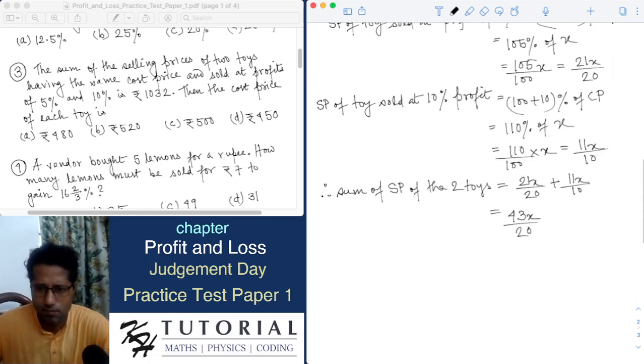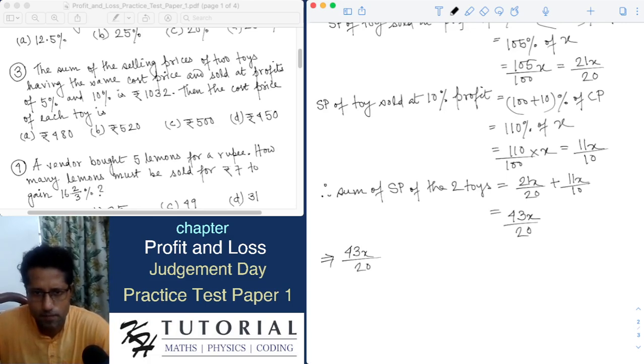Now the sum of the selling price of the two toys is given to be rupees 1032. So we can say that 43x by 20 is equal to 1032. This implies x is equal to 20 by 43 multiplied by